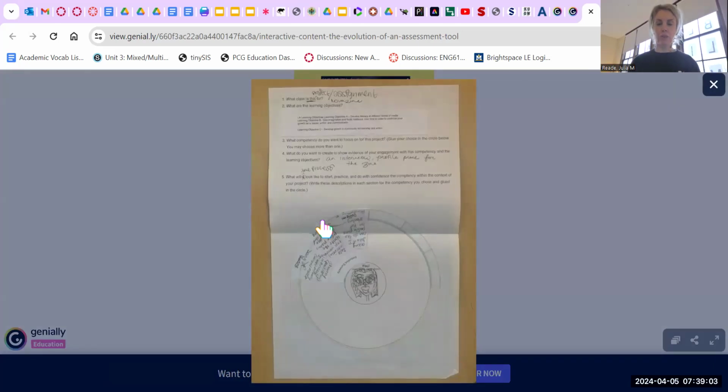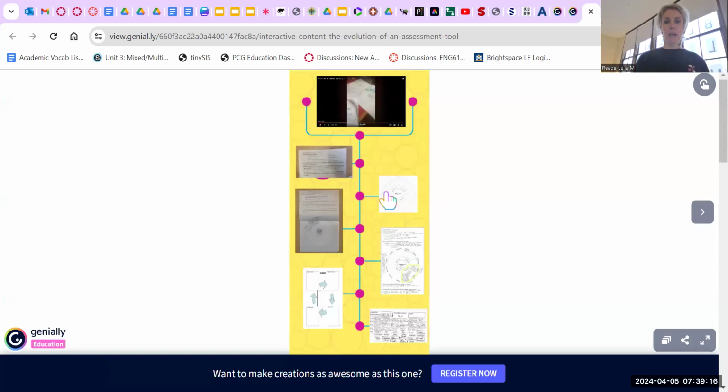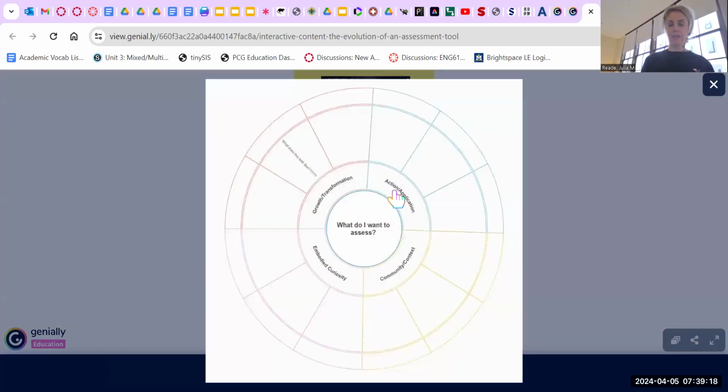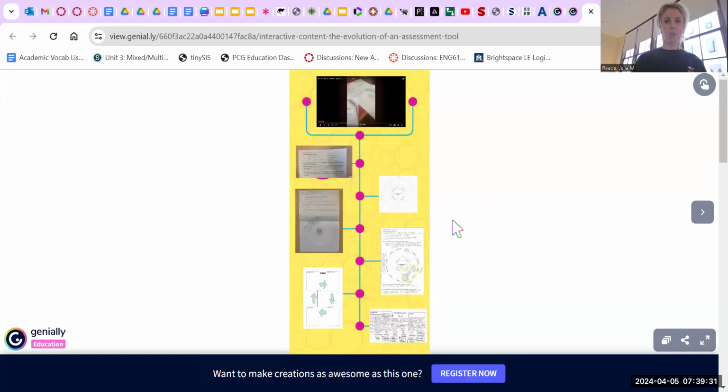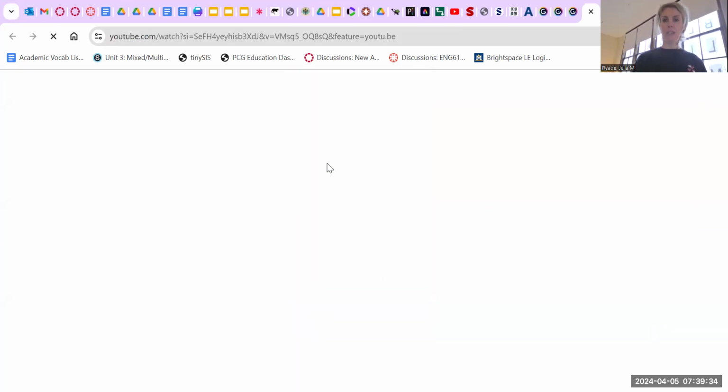And then this is the student completing that. It's a step-by-step process. So this would be them practicing one particular competency. You can see this is a very lifelike sketch of them in the center. And this is a full color version of it, the one that students then use to cut out the different competencies. Although instead of what do I want to assess in the middle, now, of course, it's you, as opposed to what they're assessing. And this takes you to a video